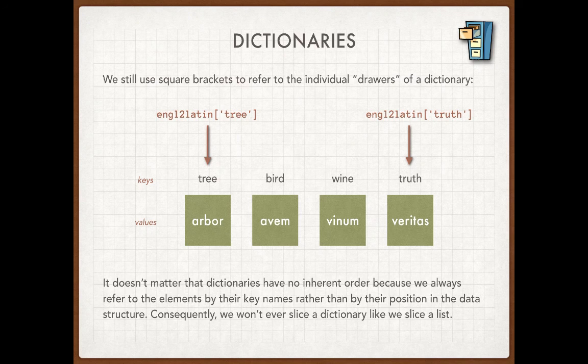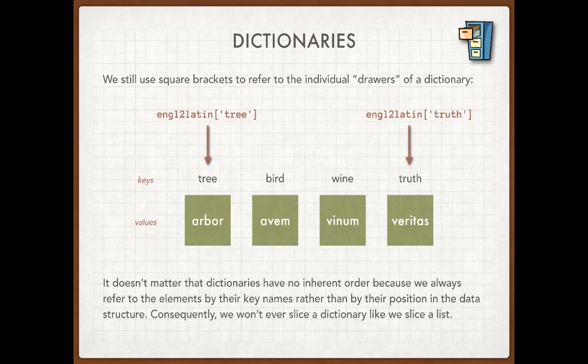Now here's what's important about this. When we're referring to a dictionary or getting stuff out of a dictionary, we're almost always looking for the contents of specific drawers. Because we're doing that, Python is free under the hood to reorganize the dictionary in a way that makes sense to it. Consequently, one of the implications of this is that it doesn't really mean anything to slice a dictionary, right? My keys here are not in any kind of order,